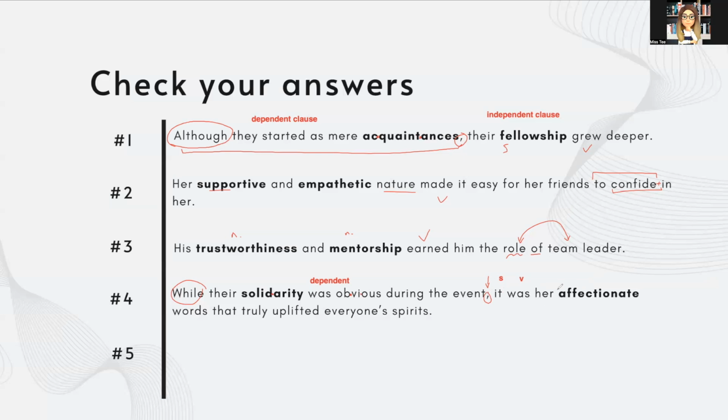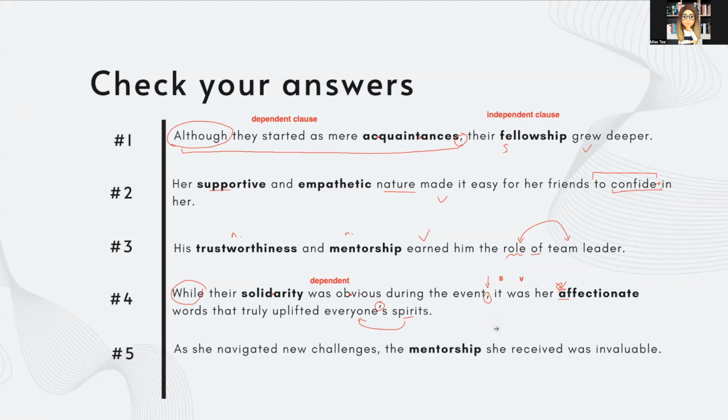Affectionate in the second clause over here. The big error with this one is people always get it mixed up with E, but that's incorrect because you're connecting it to the word affect, which is a noun. And then not to forget this punctuation here, there's an apostrophe to show that the spirits belong to everyone. Let's look at number 5.